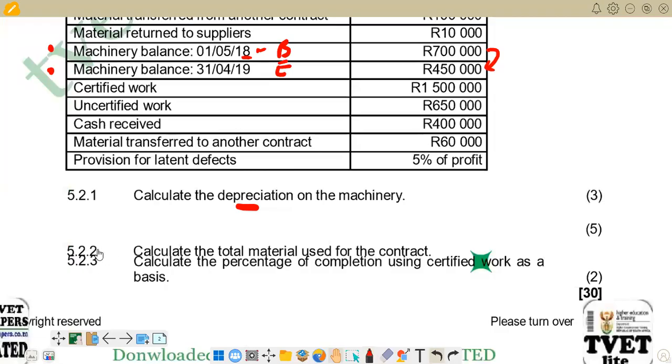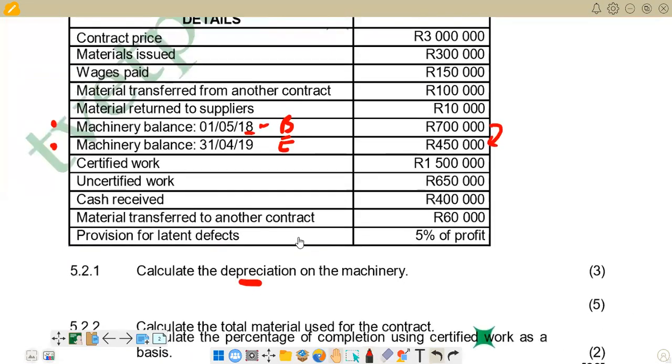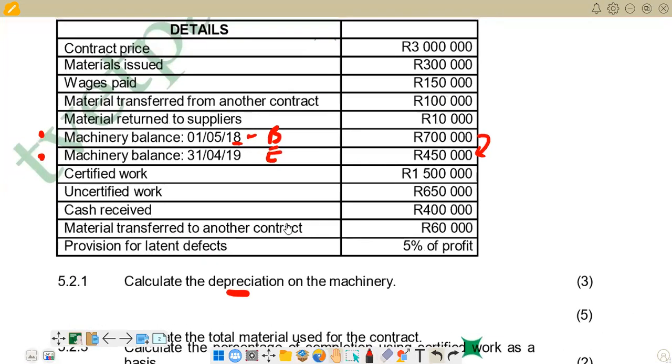The next question, 5.2.2, is saying calculate the total material used for the contract. So we are going to find out the value of the material that we issued to the contract. The material that we issued. So we have information here. Material issued, we have 300,000 here. It's issued, and then